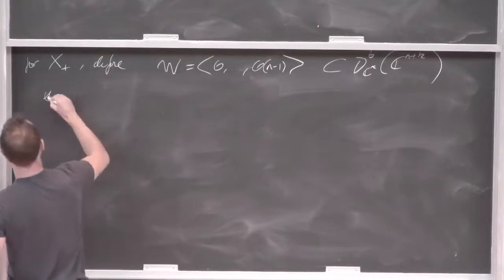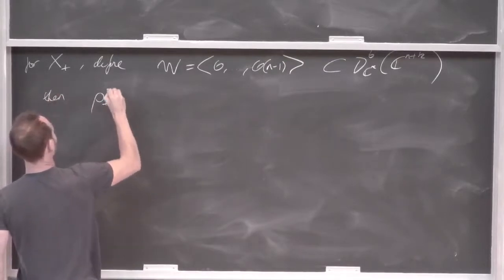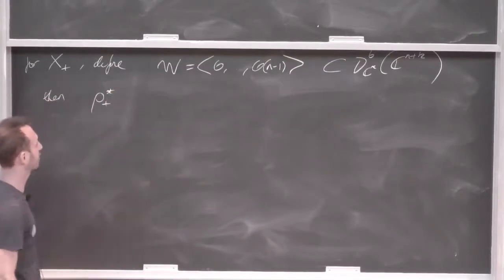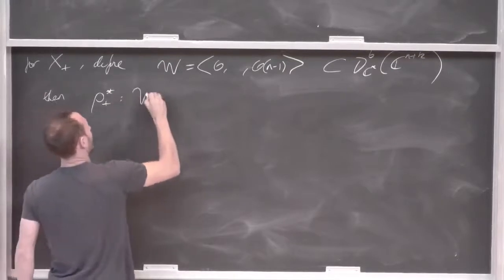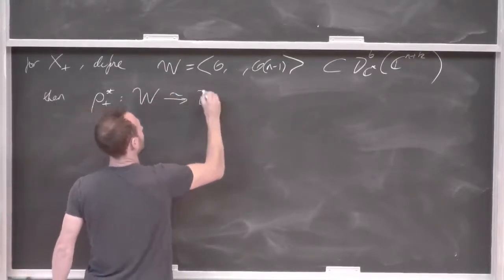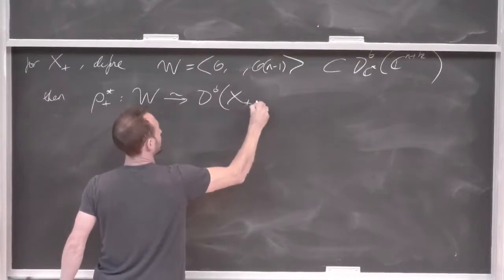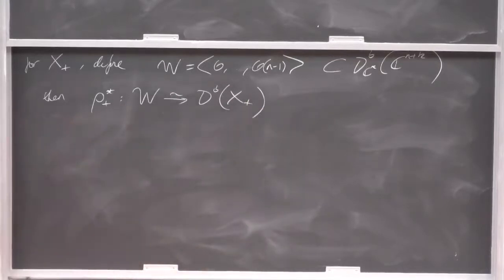And then I have this restriction functor restricting to x plus, and it will give me an equivalence between W and the derived category of x plus. Right? Just as what happened for the Atiyah flop, just with some different numbers in there. On the other hand,